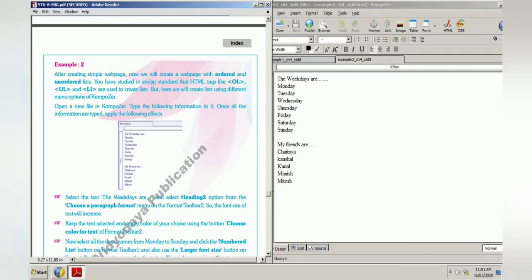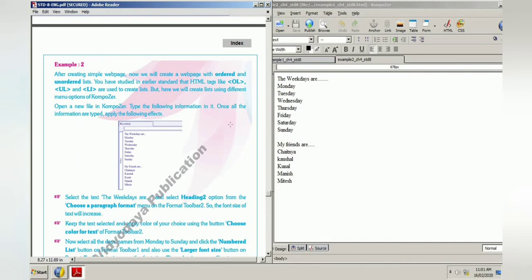You have studied in the earlier standard that HTML tags like OL, UL and LI are used to create lists. That we have already discussed in standard 7. So the OL tag is used to create an ordered list, the UL tag is used to create an unordered list and the LI tag is used to insert list items in your list. But here we will create lists using different menu options of the composer.